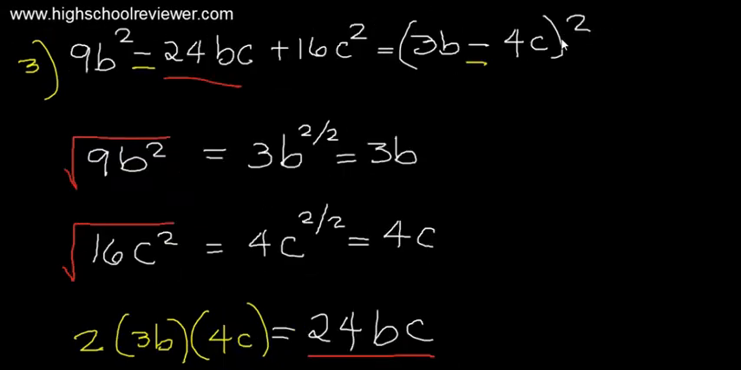And for number 3, we have 9b squared minus 24bc plus 16c squared. Get the square root of our first term. We have here 3b. Get the square root of our third term. We have 4c. And multiply the 2 by 2. So 2 multiplied by 3b multiplied by 4c. We have here 24bc. If this is the same as our second term, regardless of the sign, this is a